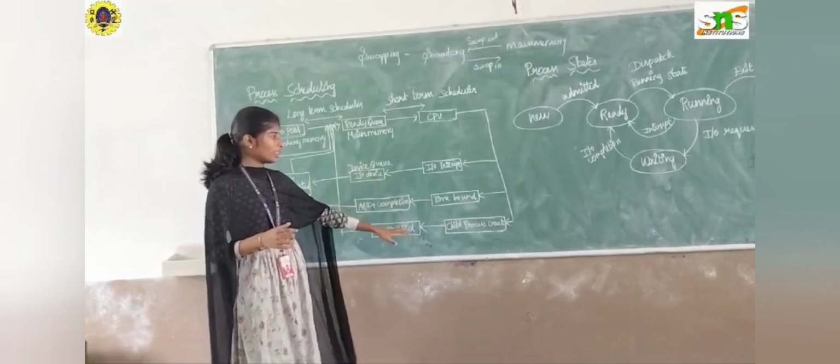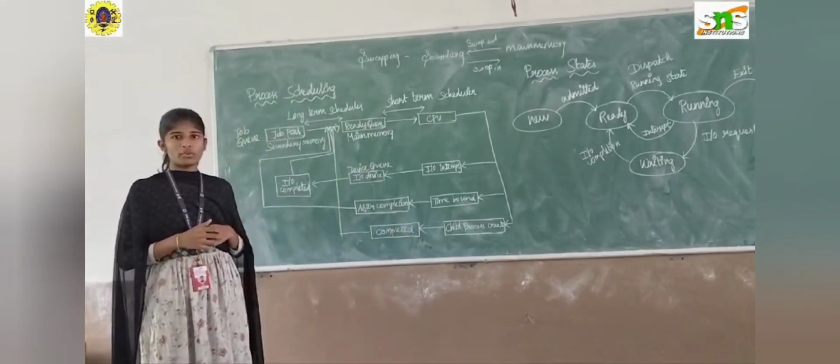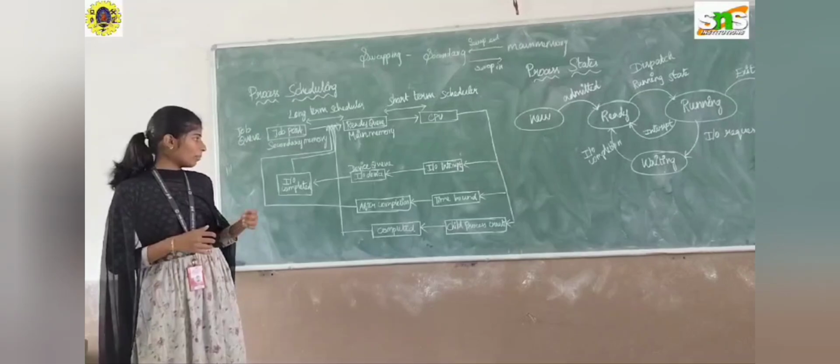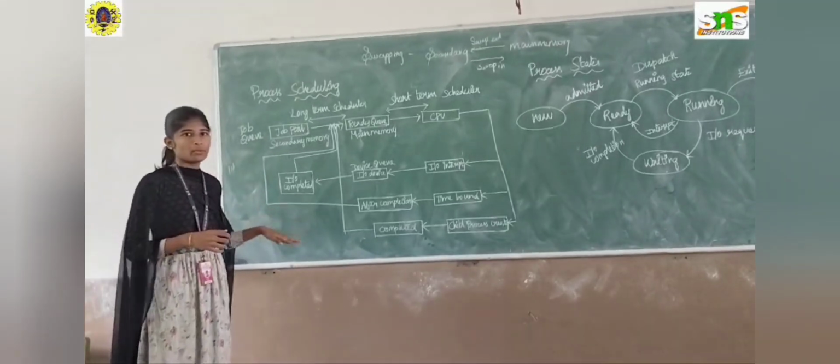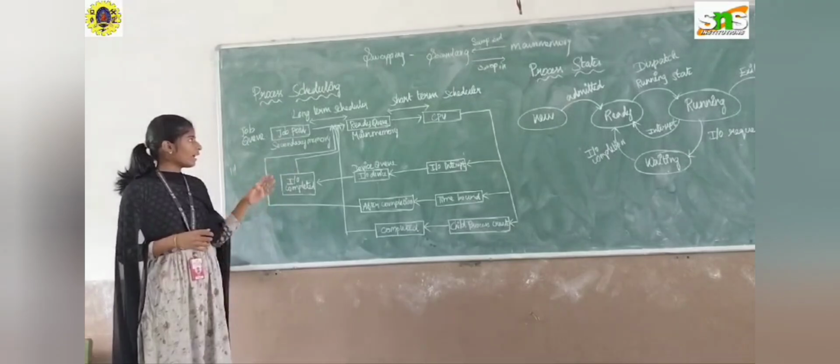It may also call a child process. The child process will be called through the fork system call. After completing the child process, it will again move to the ready queue. The job pool is also called secondary memory, and the ready queue is also